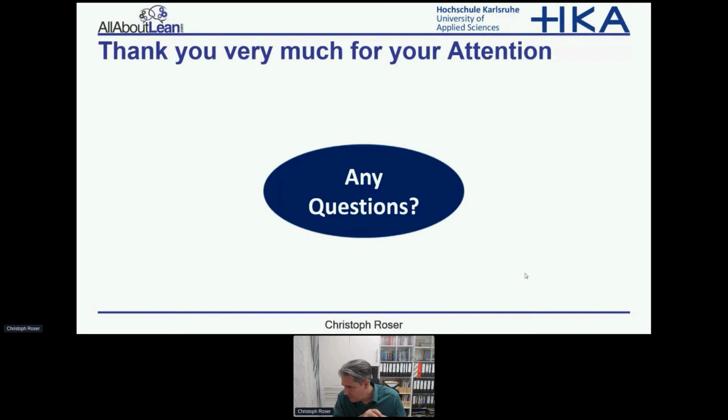Good. Couple of questions. What are the highest level steps, milestones to implement CONWIP? What do we need to care about? Well, with CONWIP, similar to Kanban, you need some basic stability. If your machines are falling apart left and right, then maintenance and stability would be the first step. But other than that, if your system works reasonably stable, then you can implement a CONWIP system. You should think about how many cards you need, how many jobs you want to have in the system, and actually that's very different between Kanban and CONWIP,